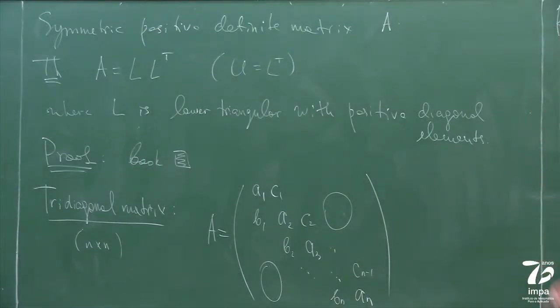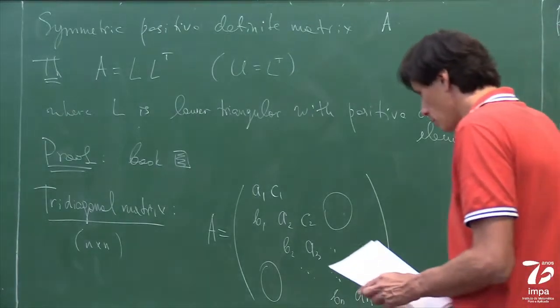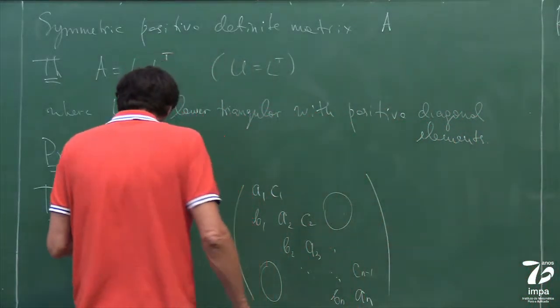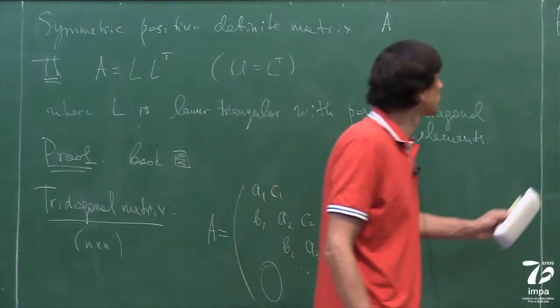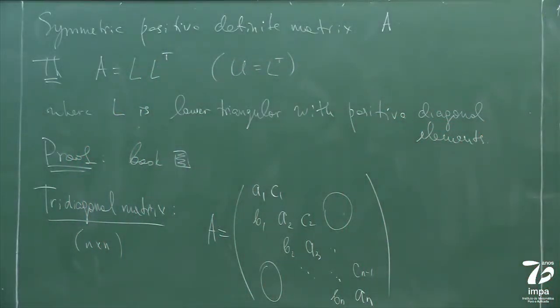So there are three diagonals, and this is a three diagonal matrix. Very often you may encounter the three diagonal matrix in applications, and especially in numerical analysis. So what it means, it usually has to do with some chain